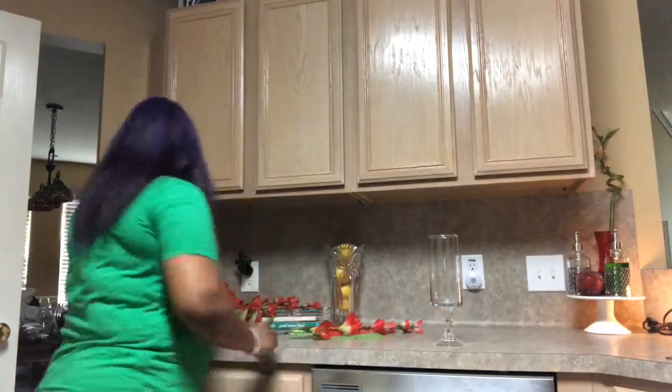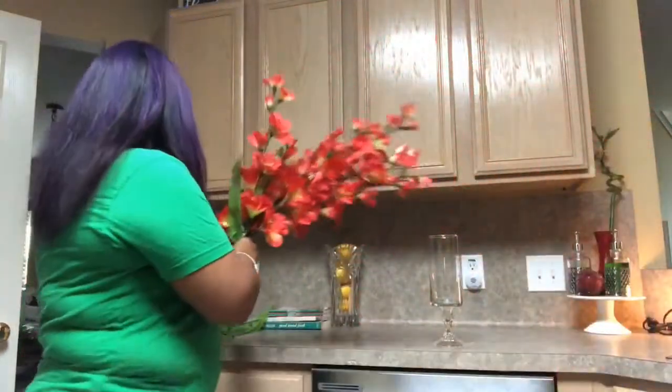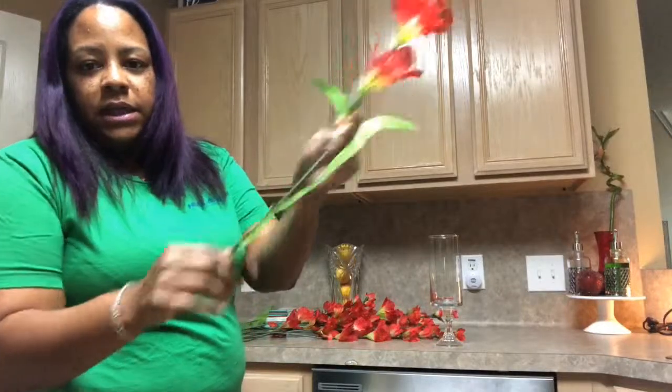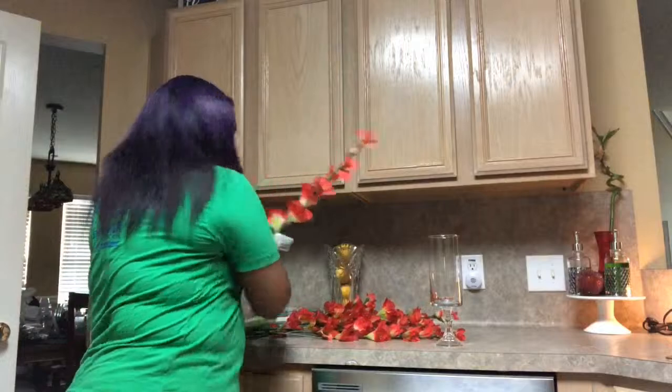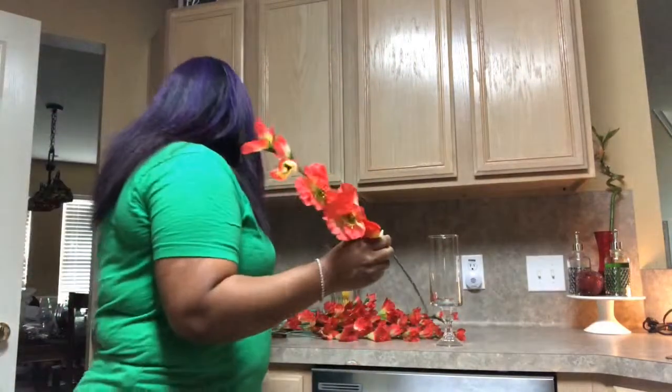One of those, and then we have these long stem floral arrangements. I have 8 stems, and all you have to do is just pull the leaves off. 1, 2, put it to the side, and then pull that price tag right off. And so what I did first was